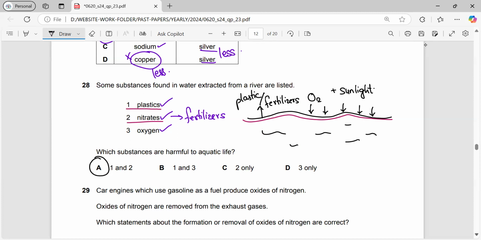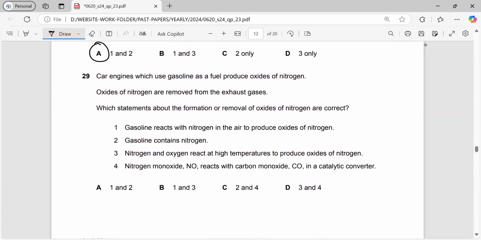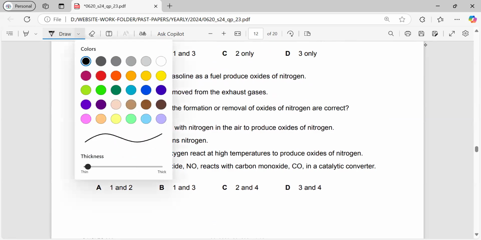Question number 29. Car engines which use gasoline as a fuel produce oxides of nitrogen. Oxides of nitrogen are removed from the exhaust gases. Which statements about the formation or removal of oxides of nitrogen are correct? Now,